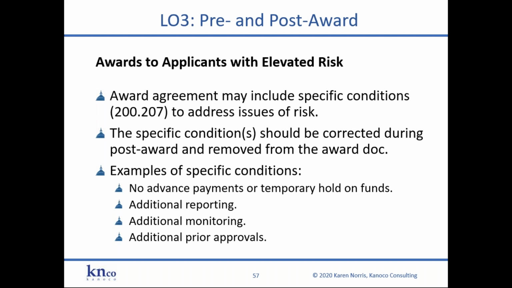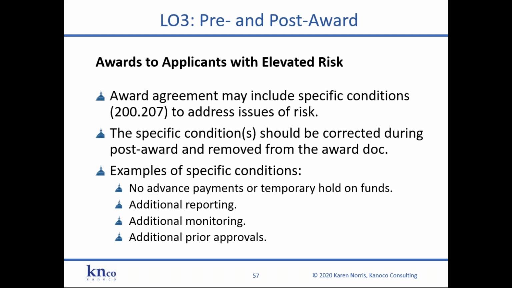But even if you have had problems in the past and you are considered high risk, you can still receive a grant. And what the federal awarding agency would do is they would include specific conditions in the award agreement. And 200.207 is the provision in the uniform guidance that lists what those specific conditions are and how they can